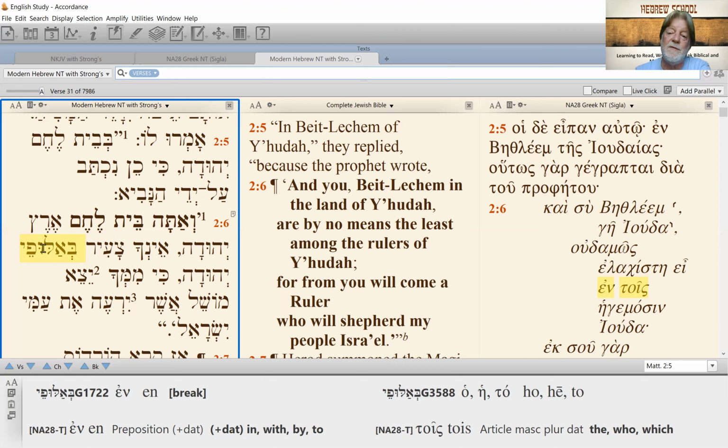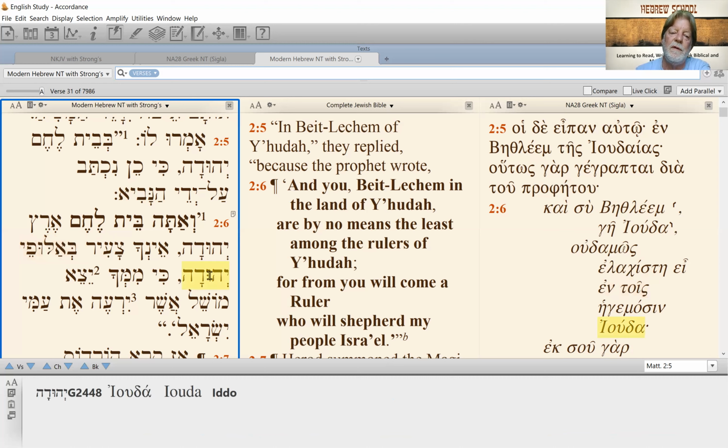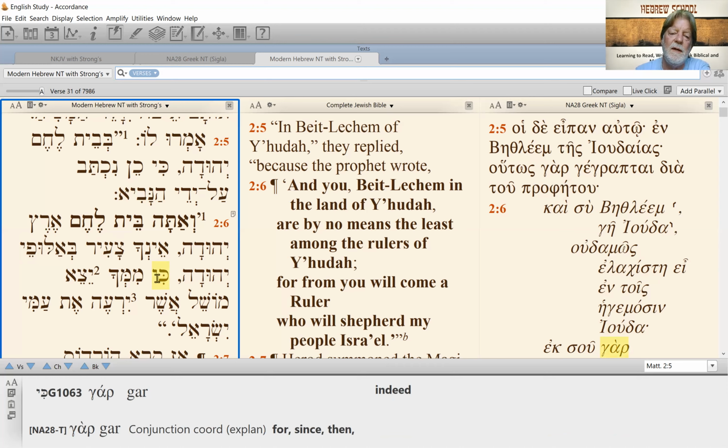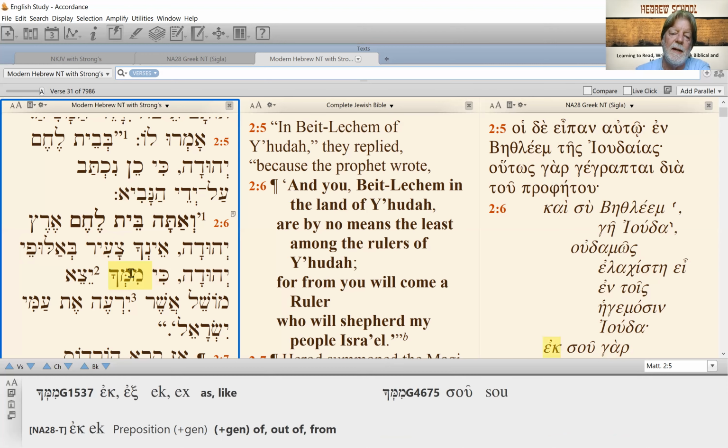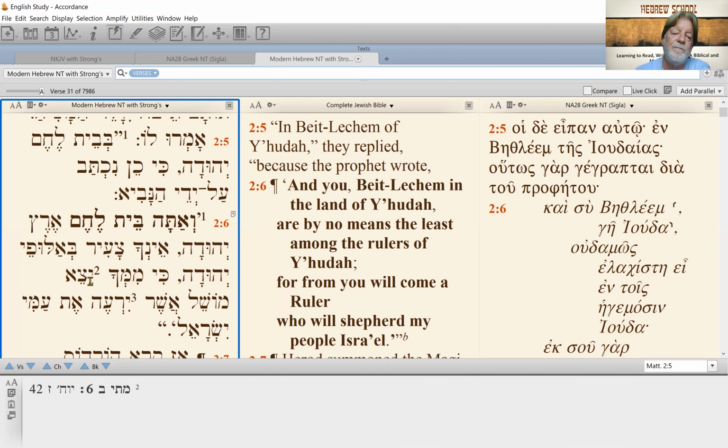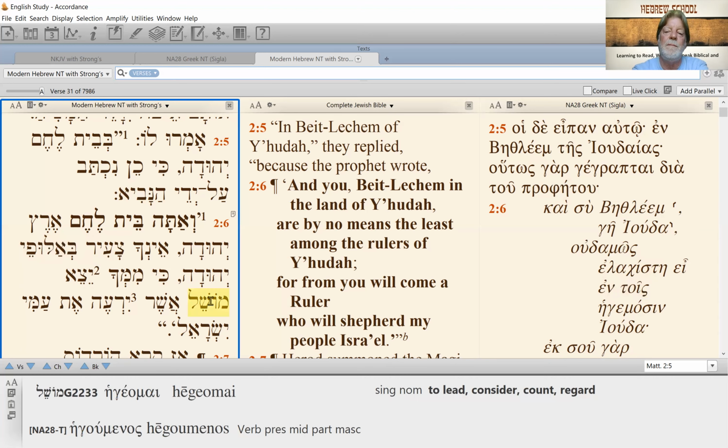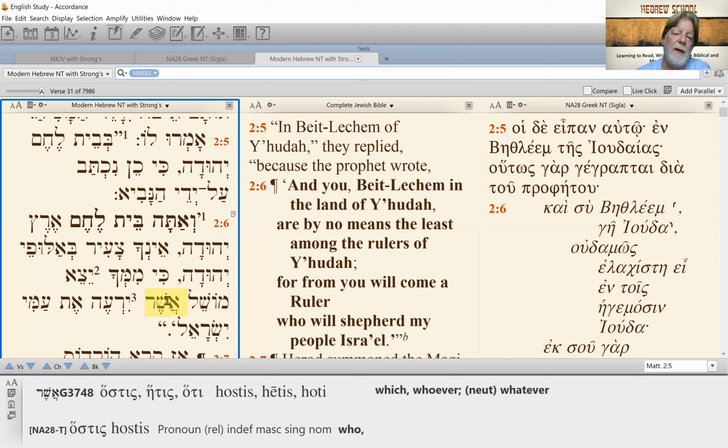So Bethlehem, it's kind of a small place, but the prophet Micah is saying it's not insignificant among the thousands, the rulers of Yehuda. Key, because Mimecha, we have the mem prefix from you, Mimecha, Yetze will go forth, Moshel. A Moshel is a Hebrew word for a ruler, a governor, a person in political power, a Moshel. Asher, who or which,